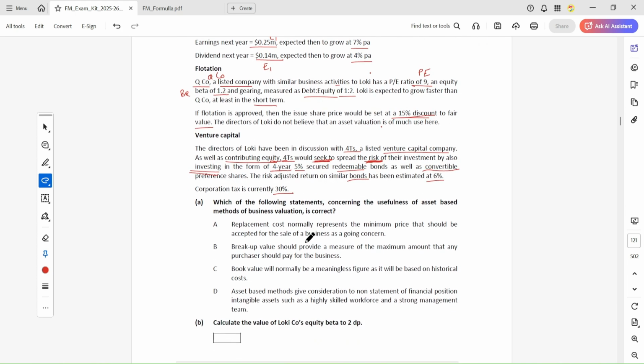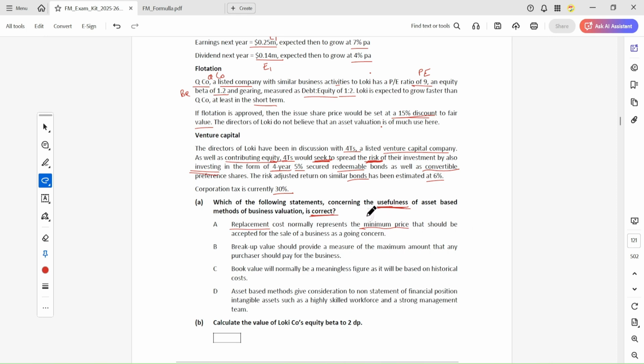Which of the following statements concerning the usefulness of the asset based method of valuation is correct? Okay, so replacement cost is normally represented as the minimum price that should be accepted for the sale as a going concern, because the replacement cost is the